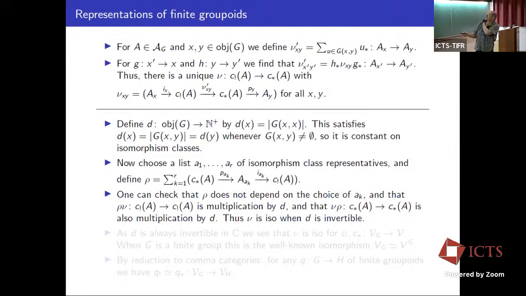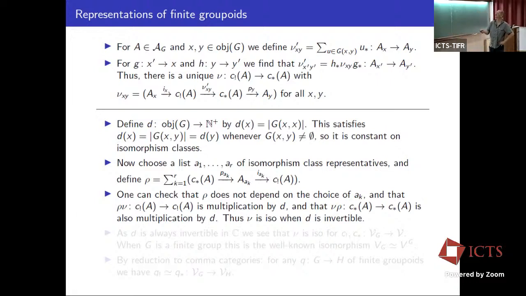Apparently it depends on the list of representatives chosen here, but actually it doesn't. It's pretty easy to check that. And also, if you take a composite, rho composed with nu, or nu composed with rho, either way around, it's just a multiplication by this d. So, a tiny bit to say about what it means to multiply by d, given that d might be a non-constant function, but